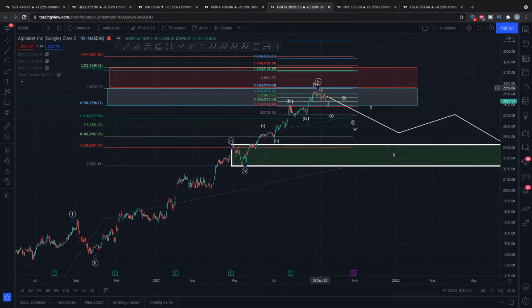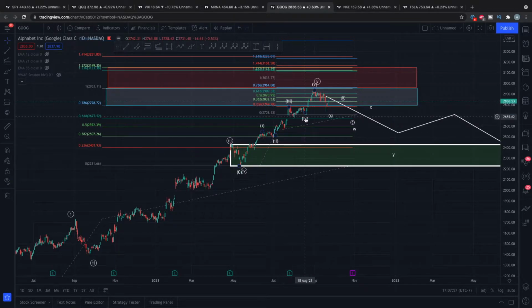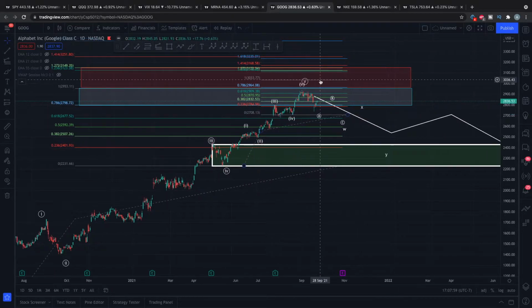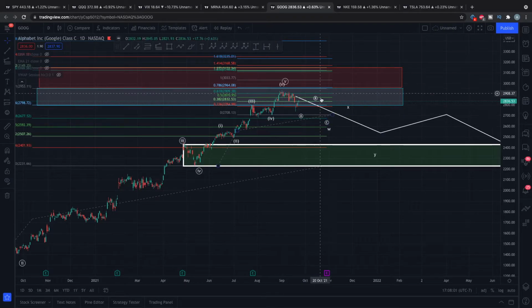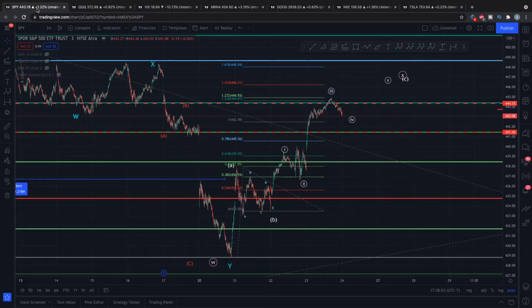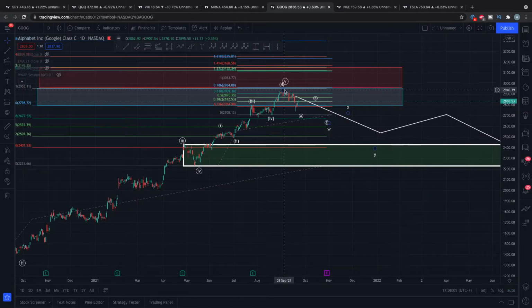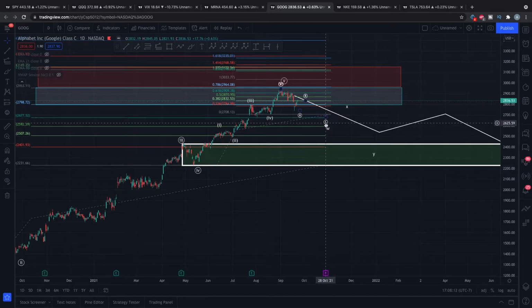And it looks like we completed that up here, right around the upper Fibonacci extension target. So that forms your wave 1 up, wave 2 down, wave 3 up, wave 4 down, and then a wave 5. And now we're working on this ABC correction structure, and that corresponds with the markets as well. That downside move was triggered right along with the markets, and it looks like we're working on a B wave here, and we should have a C wave downwards, and this ABC structure would form your W wave,